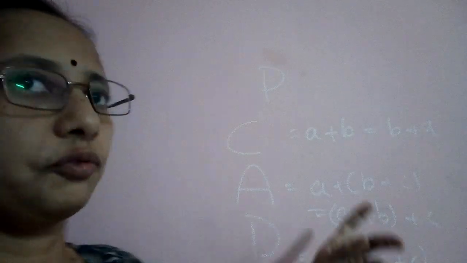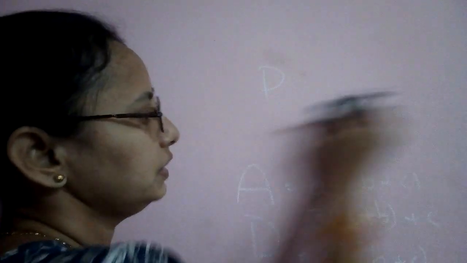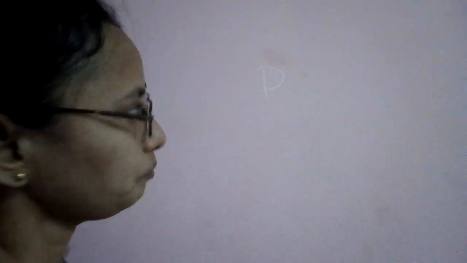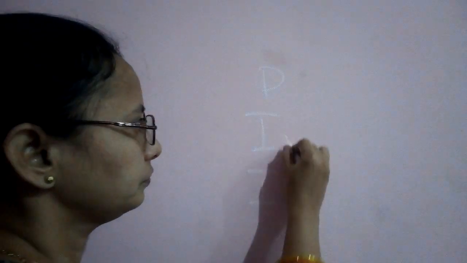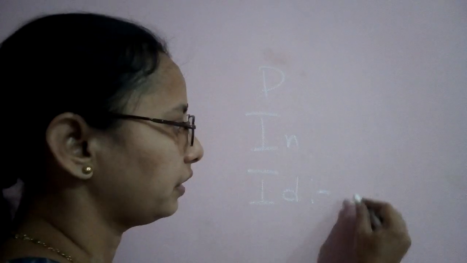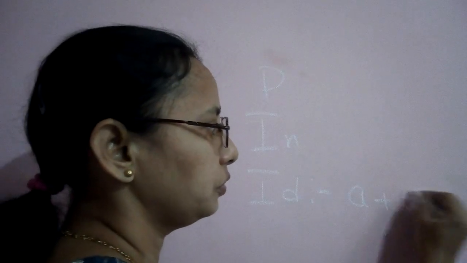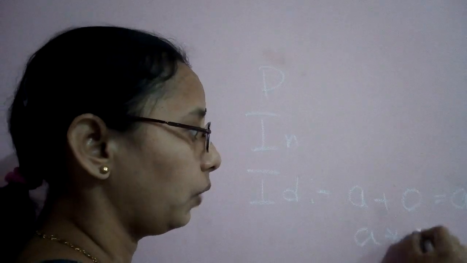The same formulas are applicable for multiplication also. Coming to the identity and inverse, for identity the formulas would be like a plus 0 is equal to a, and a into 1 is equal